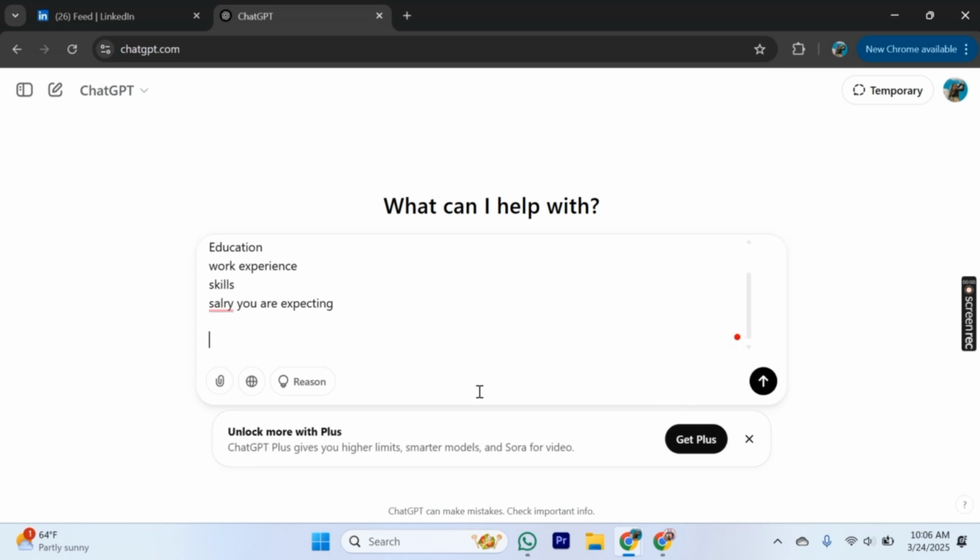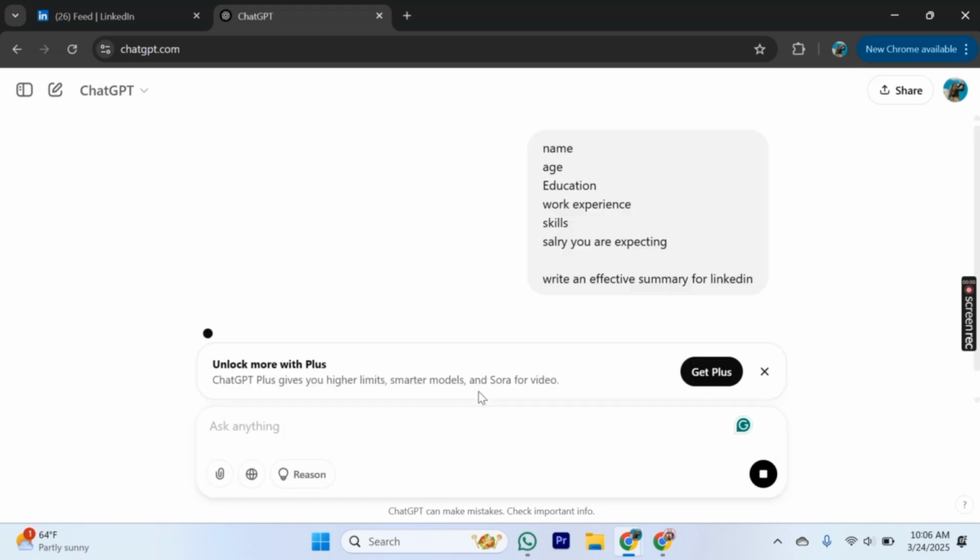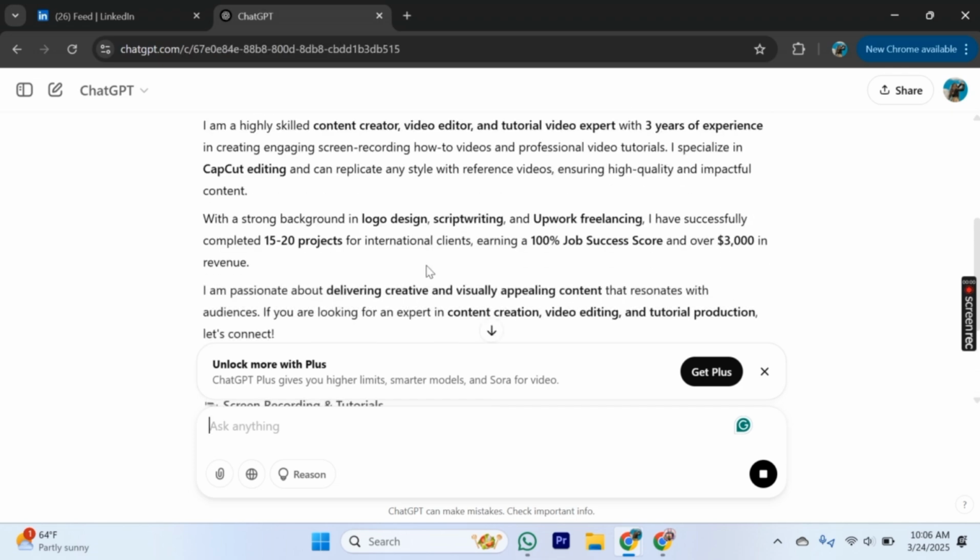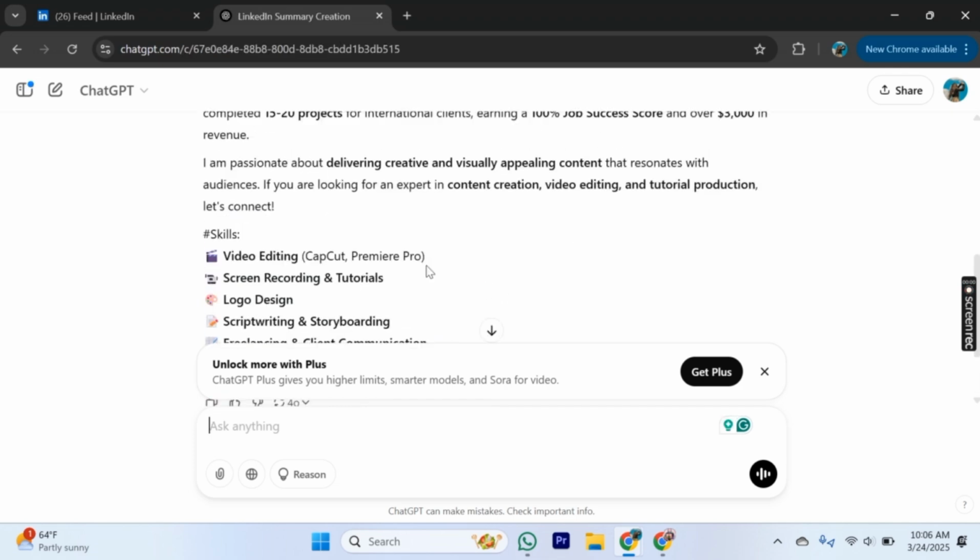Then just type, write an effective summary for LinkedIn, like this. Press enter. So now it will type a good summary for you, and if you found it lengthy